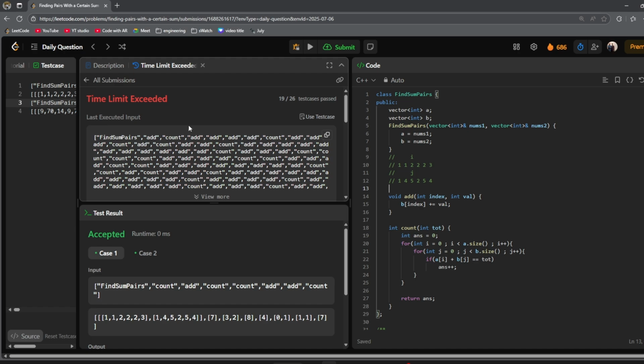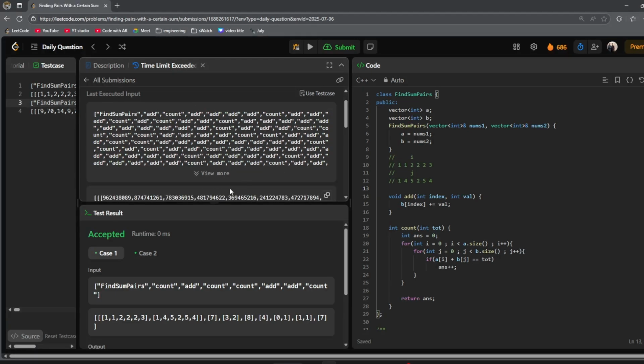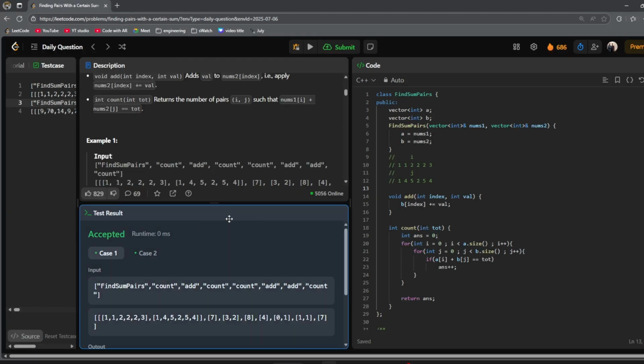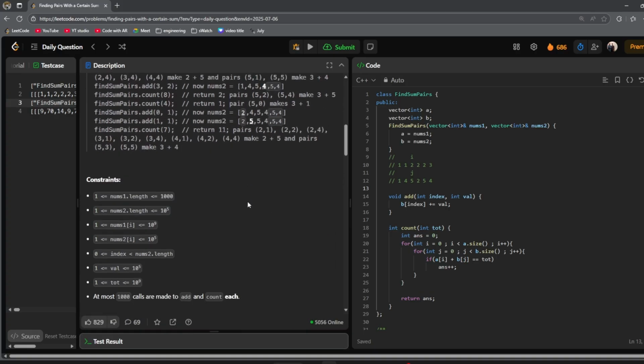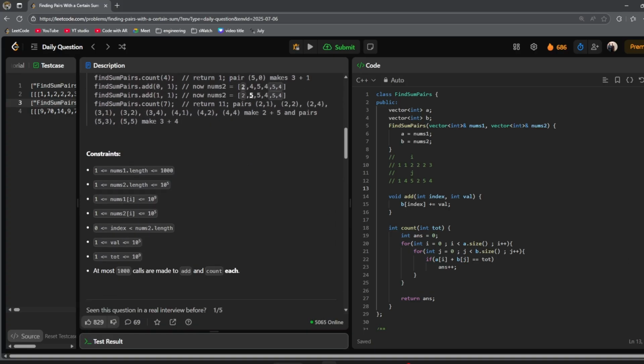It does not. It says time limit exceeded. Now let's take our time and analyze why it gives us the time limit exceeded error. All right, so you can see that nums1 dot length can be 10 to the power 3 and nums2 dot